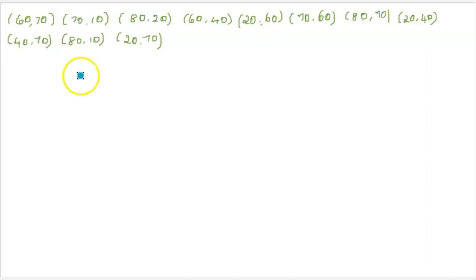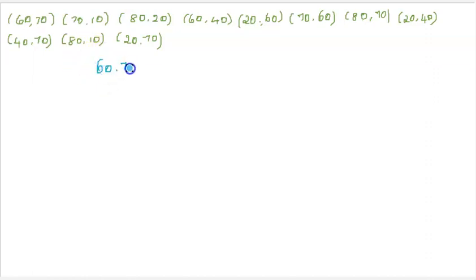Hello all. Hope you remember this problem that I gave for practicing KD tree. So let me give you the solution, and please match it with the solution that you devised. These points have been given and you were asked to construct a KD tree first. So let me go with the construction of this KD tree.